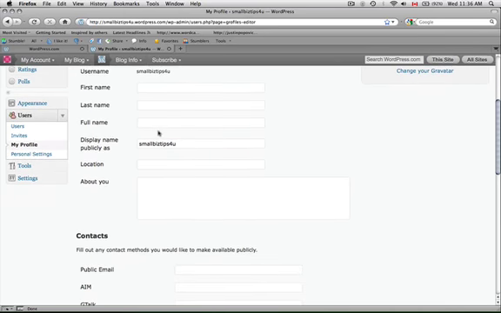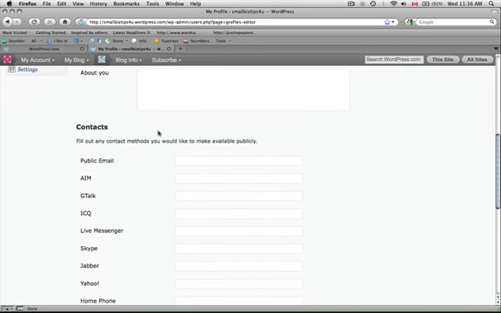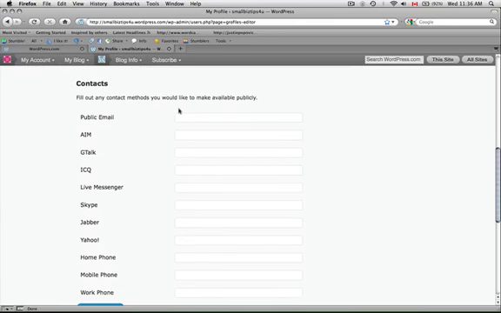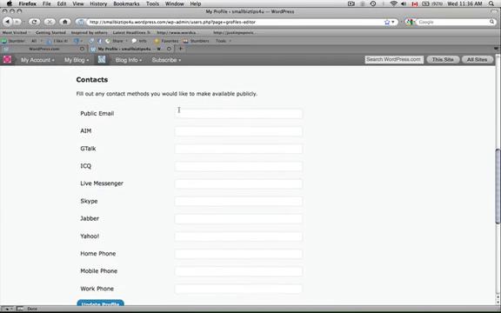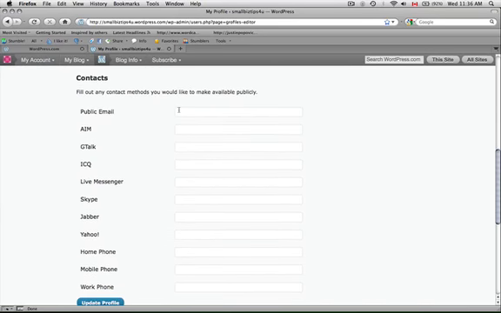get the idea. And then if you look below here, there's also a section called Contacts. This is pretty cool because there are so many different ways that people can get a hold of you in the internet world these days. You can display a public email address if you choose. I often skip that step, and you can see here there's AIM, which is AOL Instant Messenger, and Google Talk,